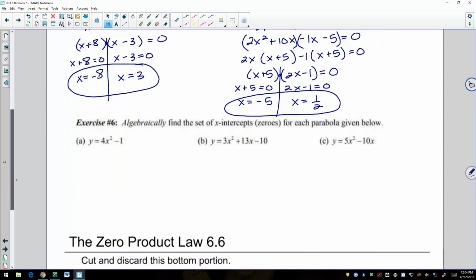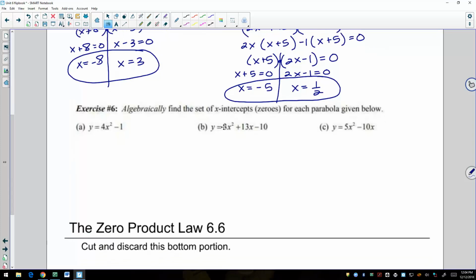Okay, so now we are going to do the exact same thing, but they asked it a little differently. They want to know the x-intercepts or the zeros. Well, if it's the x-intercept, you need to be thinking to yourself, oh, I know that y equals 0. So you're going to plug in 0 for y. Well, if you do that, it's exactly what we've just been doing. We're going to factor and then t-chart and use the zero product law